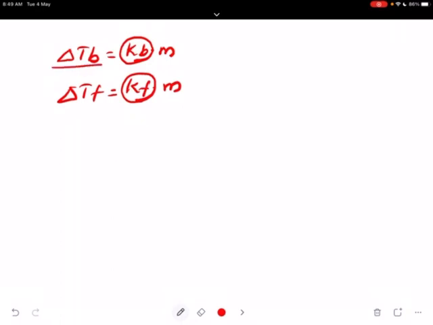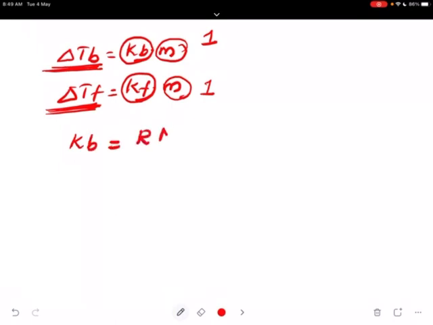Kb is the elevation in boiling point when molality is unity. Similarly, Kf is the depression in freezing point when molality is unity. Also, one more equation is there for Kb. Kb is equal to R Ma, where Ma is the molar mass of the solvent,